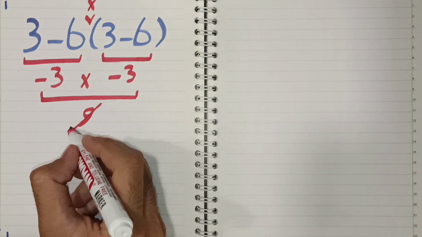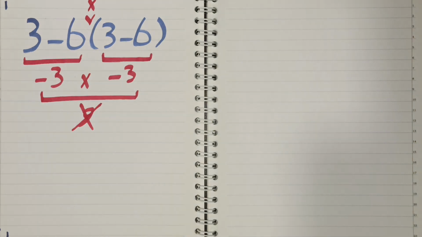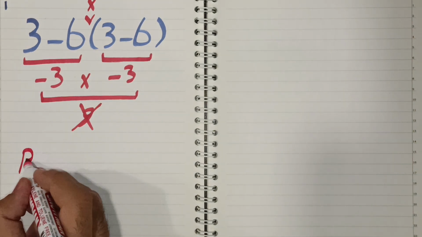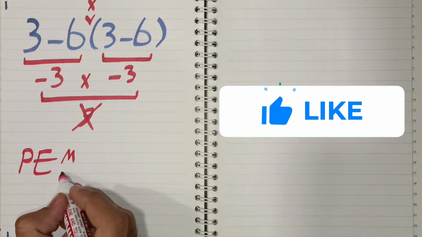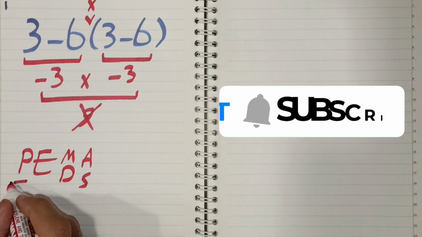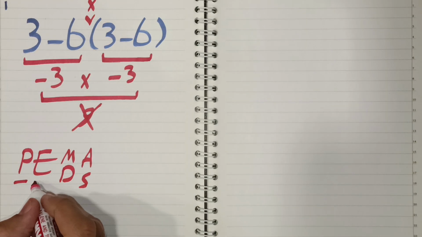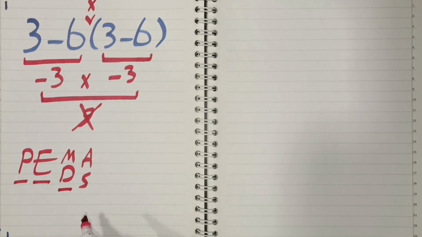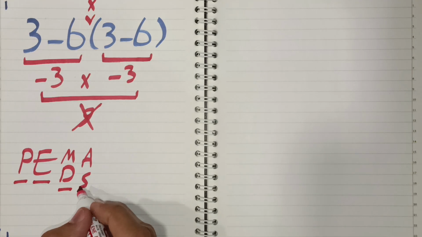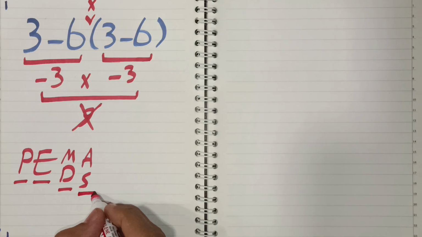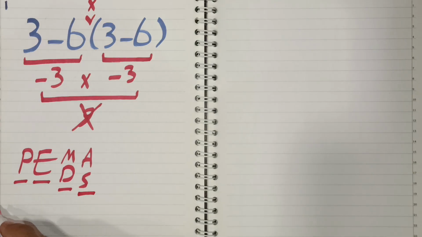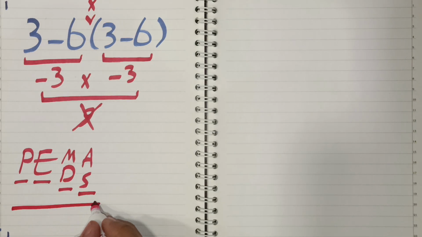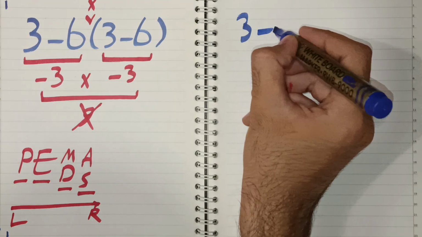But this answer is not correct, because according to the order of operations, which is PEMDAS, P stands for parentheses, E stands for exponent, M and D stand for multiplication and division, and then A and S stand for addition and subtraction. And we have to do it in this order from left to right. So in this expression,